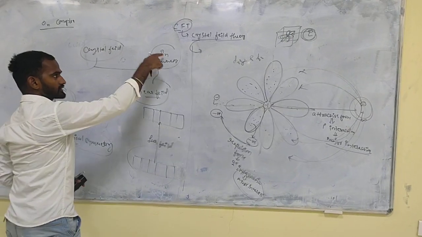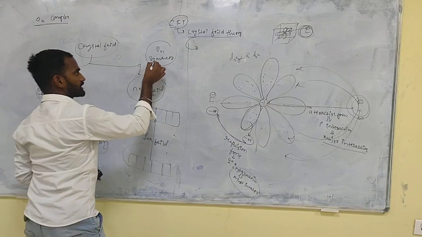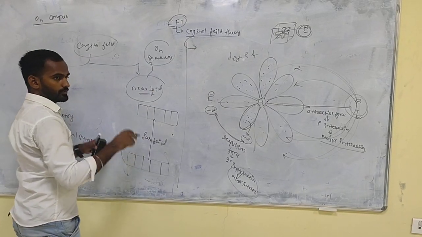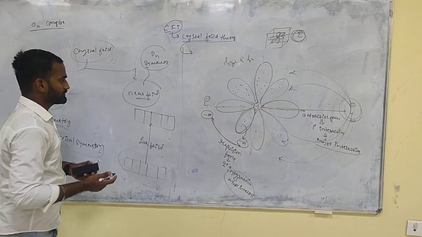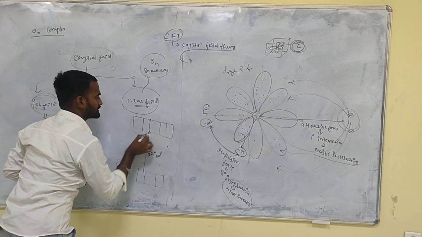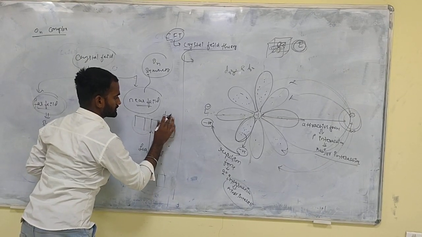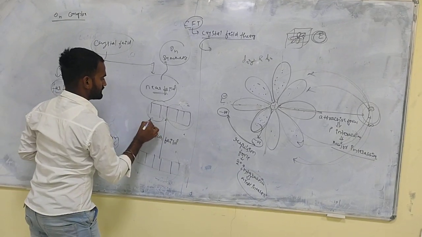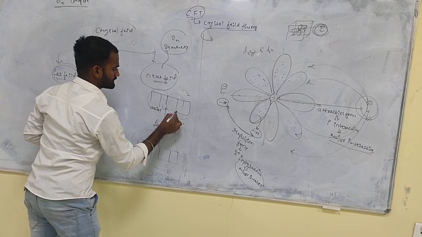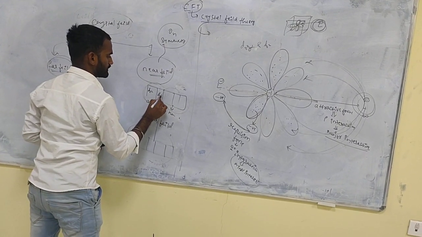Means the near field has octahedral symmetry. It is having an octahedral symmetry field. So octahedral symmetry means it will produce a crystal field which is more towards the axial position. That's why, in the d orbitals, we have dx square y square and dz square, which are axial, and the others are non-axial.